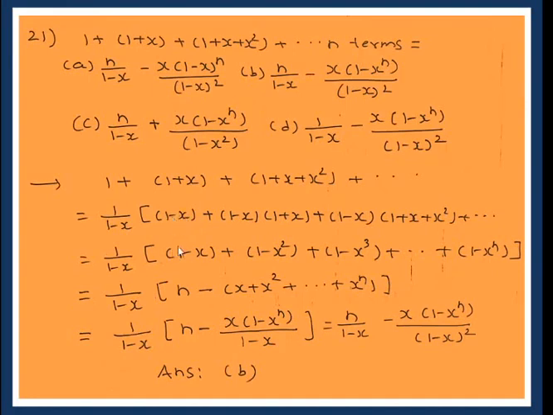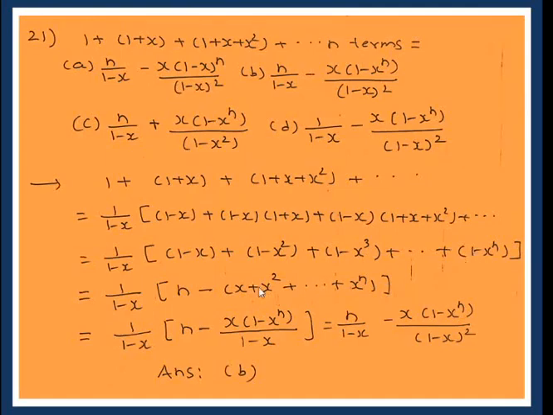1 minus x into this and so on. Next step, 1 minus x as it is. What is 1 minus x into 1 plus x? 1 minus x square. This is 1 minus x cube, up to 1 minus x raised to n. 1 plus 1 plus 1, how many times? N times. You get n only. Take minus sign common to get x plus x square plus x cube up to x